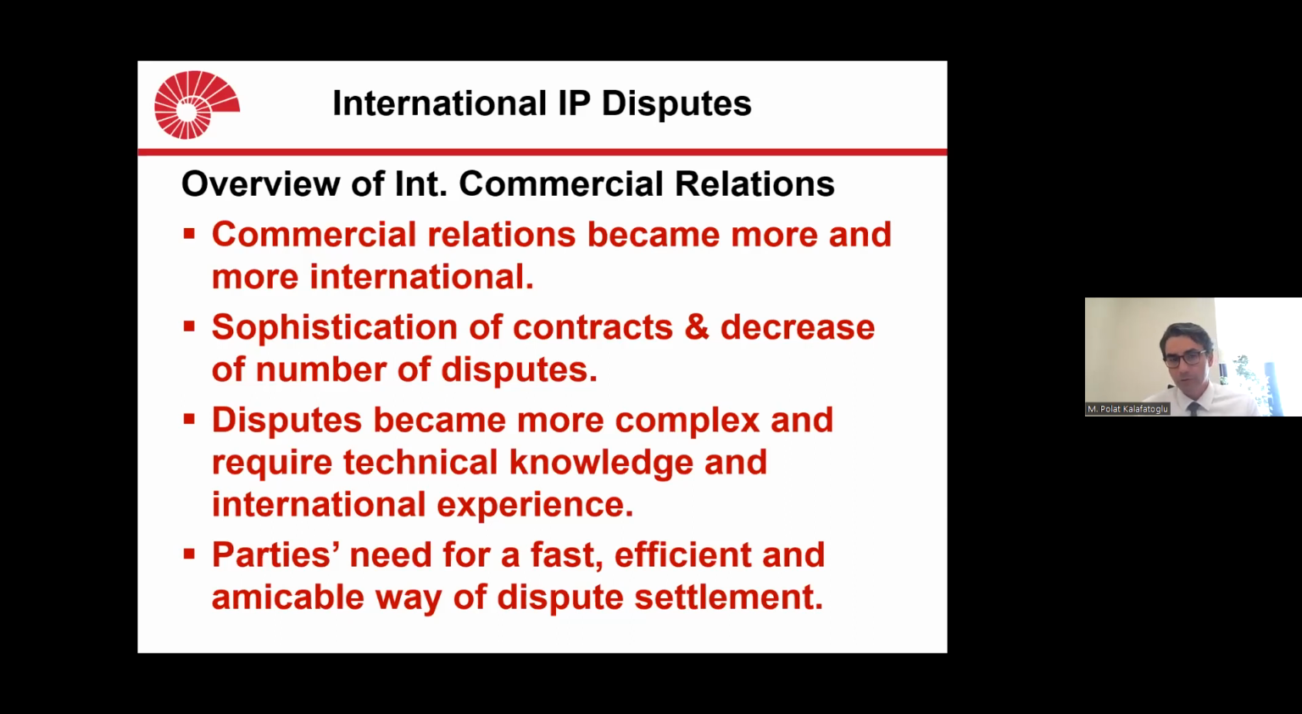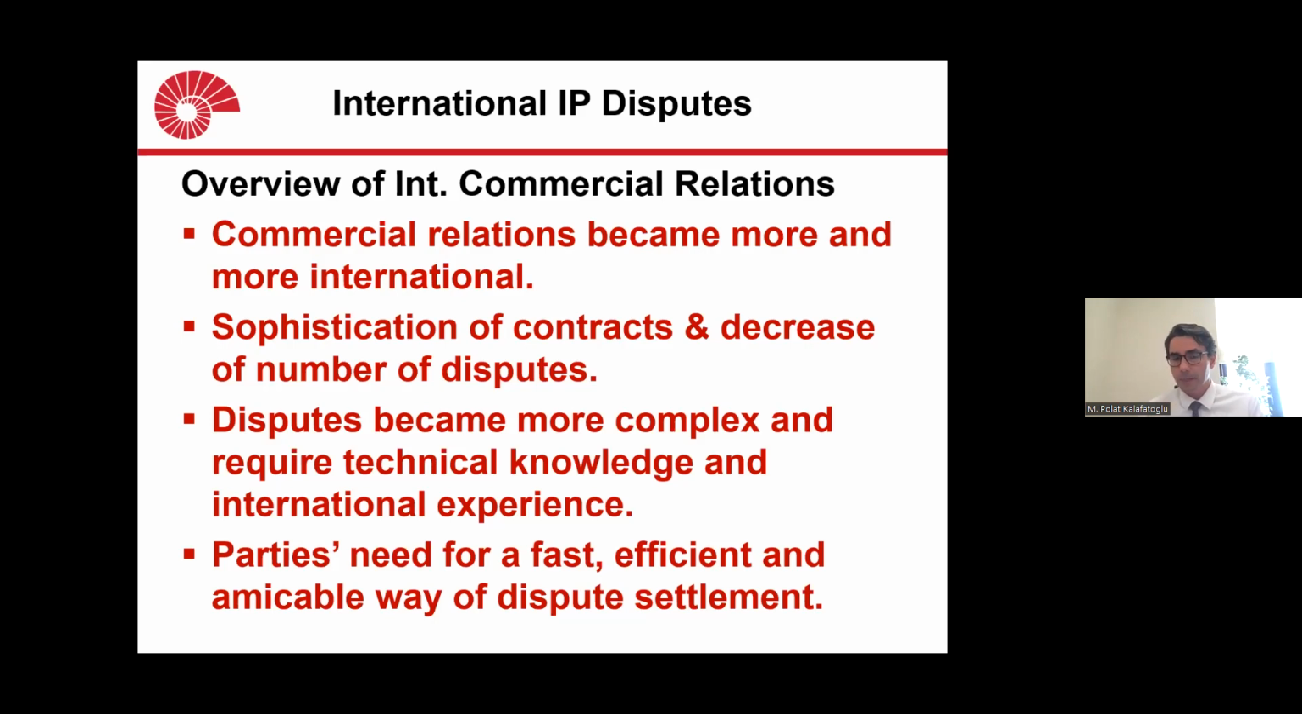Of course, we are dealing with international disputes, and international commercial disputes are also a reality. As I said, there is a decrease in the number of disputes, but at the same time, when we have a legal dispute, these disputes have become more complex, and their resolution requires more technical knowledge, more international experience. So now we are dealing generally with international contracts, and we will see these effects especially for IP contracts and